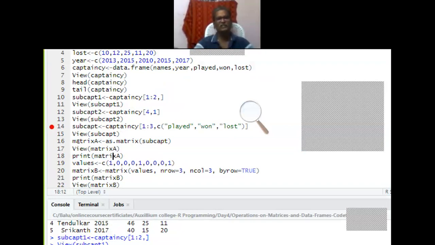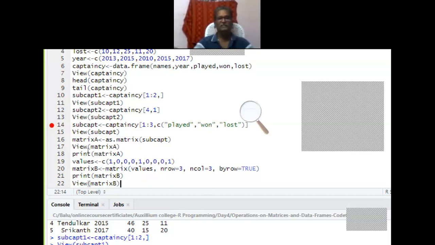I just extracted a matrix. Suppose I want to create a new matrix, an identity matrix, and define some values: first row 100, second row 010, third row 001. Matrix B I'm defining by using the command matrix, with the values as a vector, nrow equal to 3, meaning 3 rows. ncol is not required, no need to give ncol.